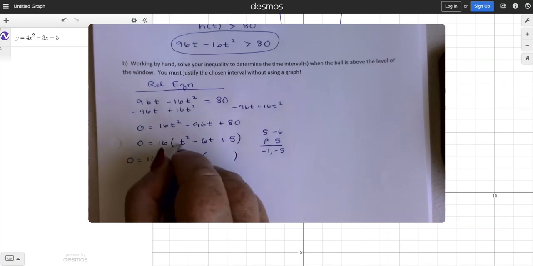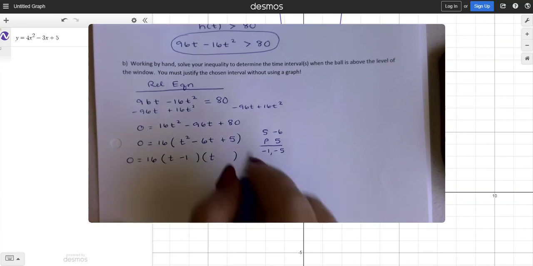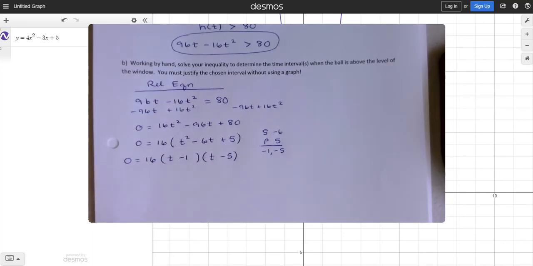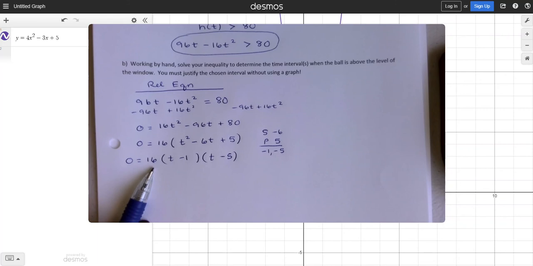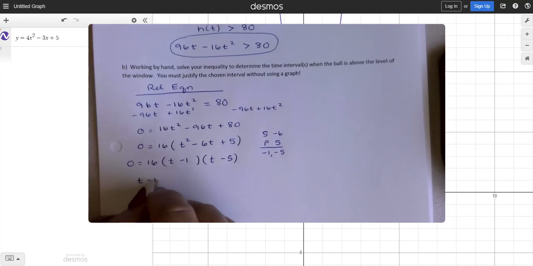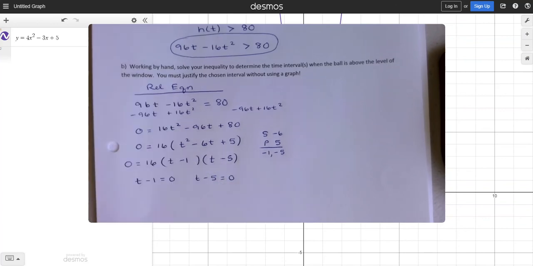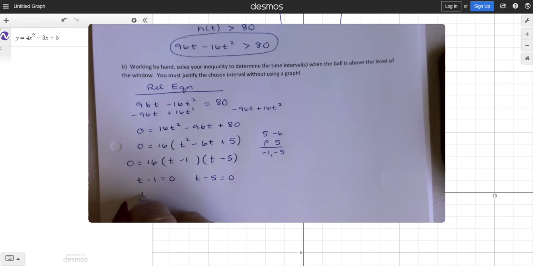So I now have t times t, minus 1, minus 5. No variable out here, so this does not contribute to the solution for t. But I would have t minus 1 equals 0, and t minus 5 equals 0, giving me t equals 1